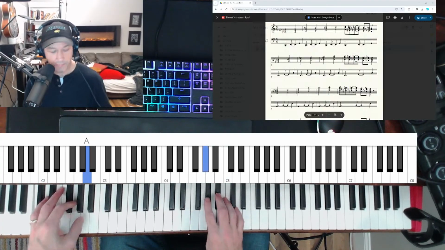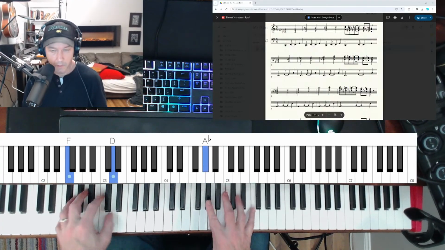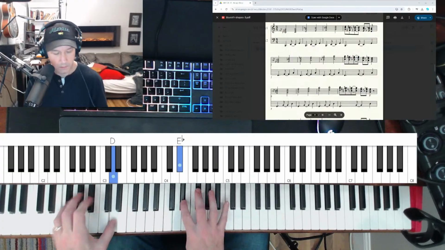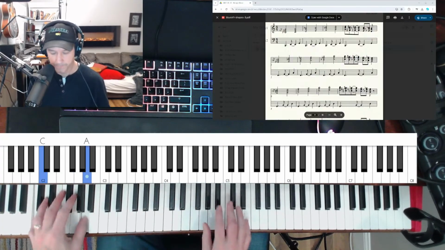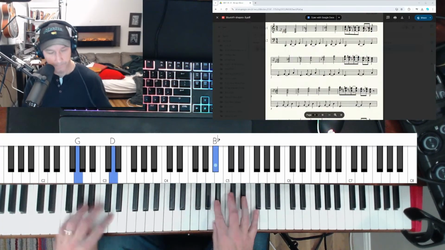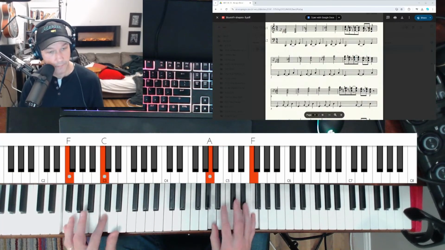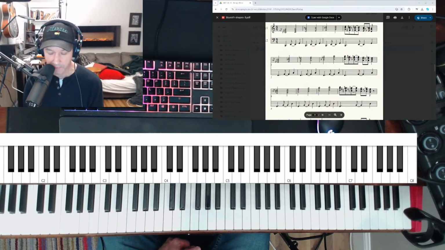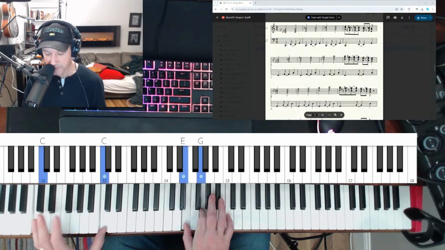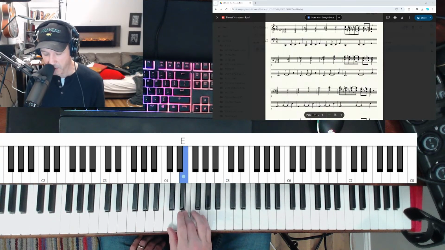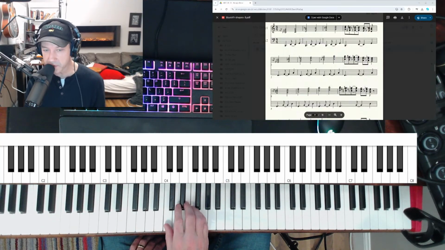Same thing on F. Minor third to major third. Okay, the next thing is this. If this minor third to major third is one of our ideas, well, let's go back to the root position